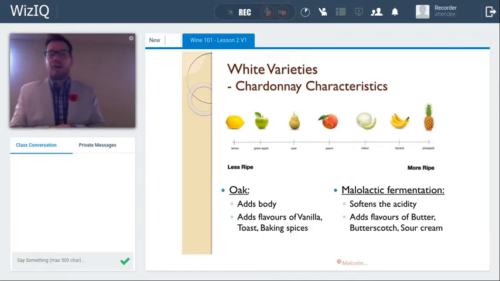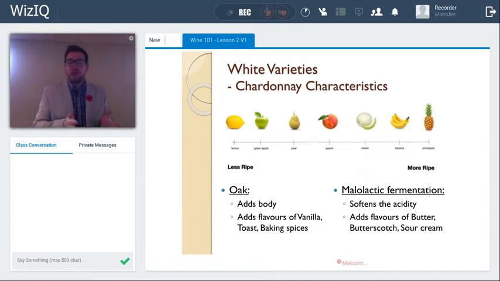With oak, Chardonnay can often be oaked or unoaked. Generally, if it doesn't say, it's usually lightly oaked or more oaked. You can often tell by the tasting note. So if you're able to pull up a wine critic's tasting note on a Chardonnay, it may give you clues